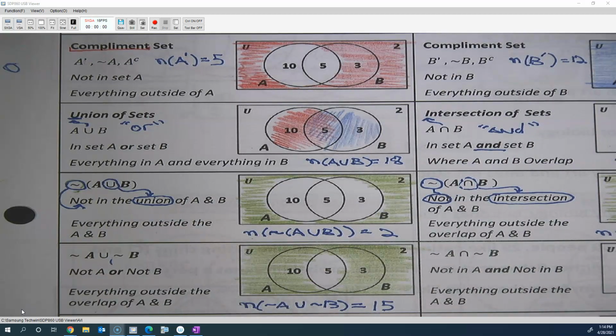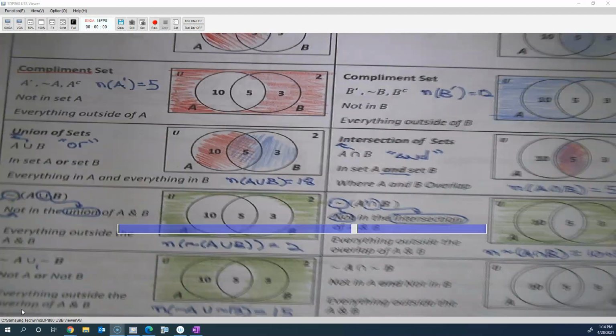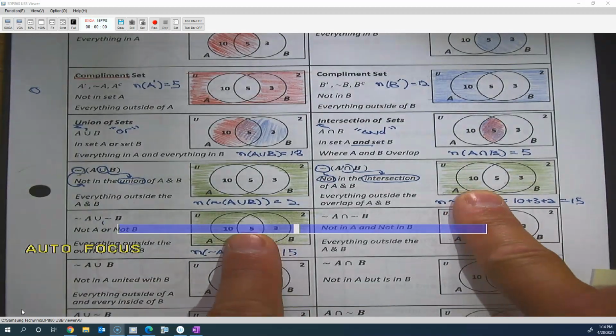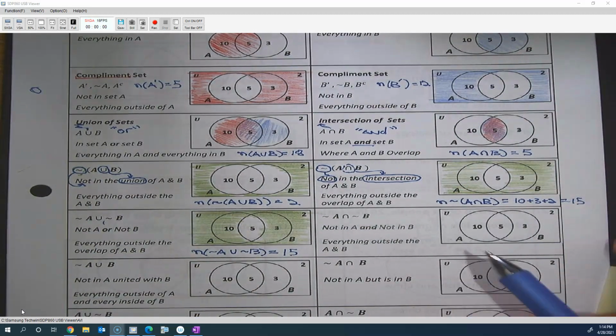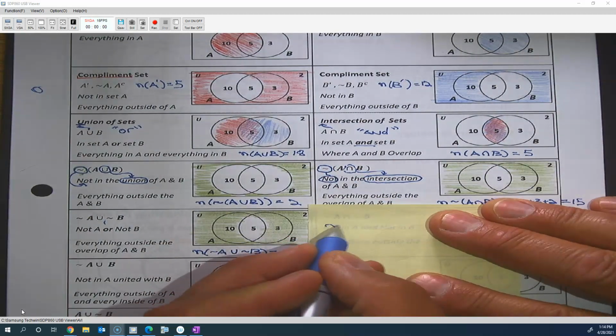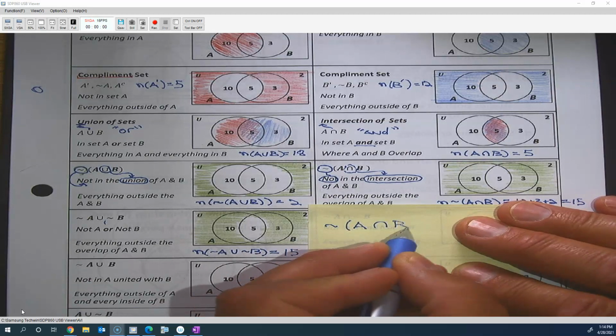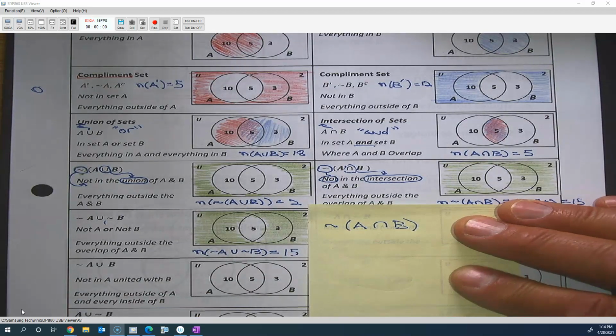Okay, so I'll show you because we can see these are the same. These are the same thing. So if I took this set notation right here, squiggle, A intersect B. All right, think of this as like